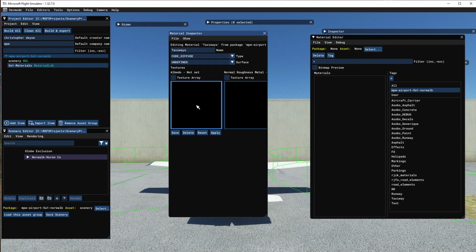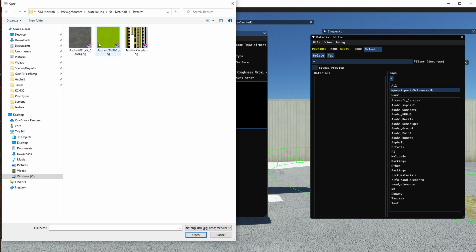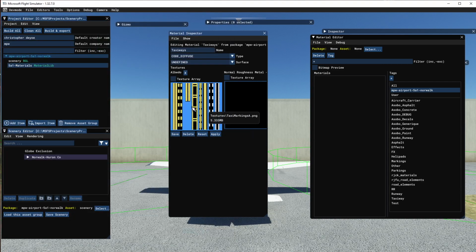You're going to click inside the black box, and migrate over to your brand new material library, which is in the package sources, material libs, 5 alpha 1, textures folder, and here are the textures that we added to that folder. I'm going to select taxi markings alpha, and I'm going to open. It's going to open that into this square, and we simply save, and it gets added to our material